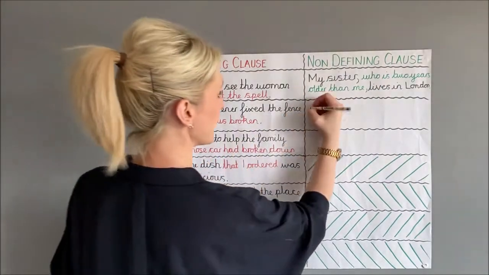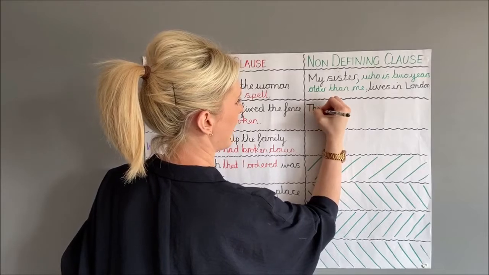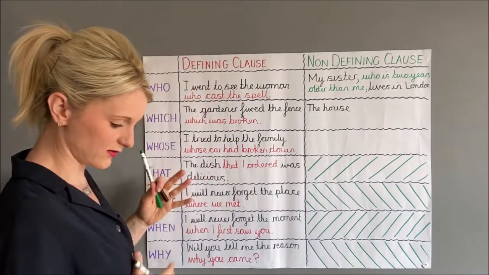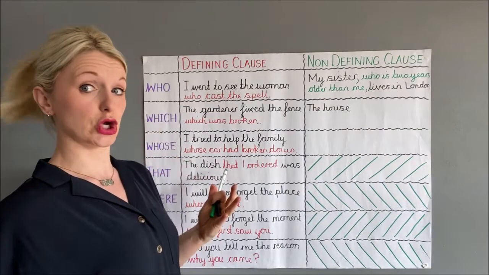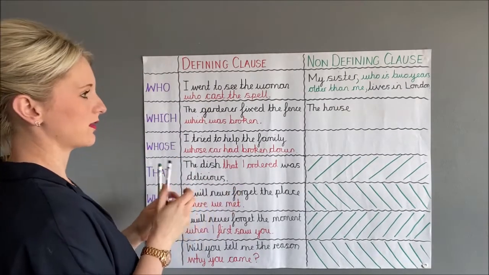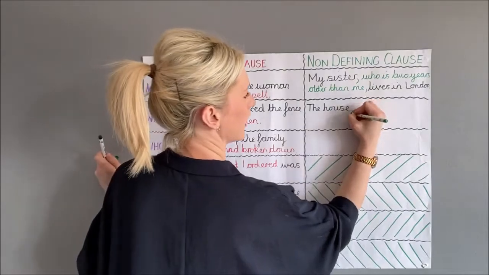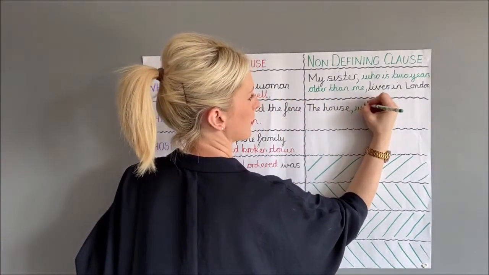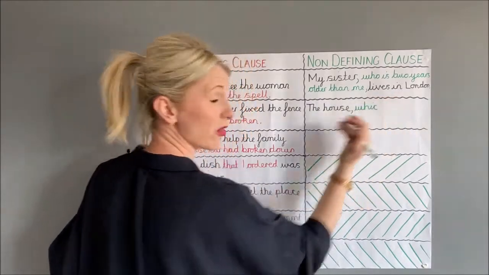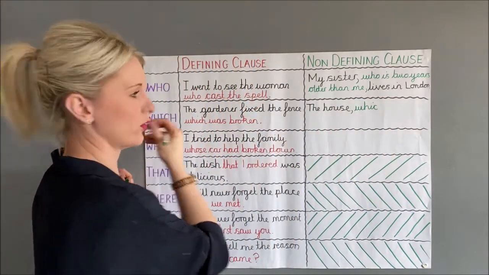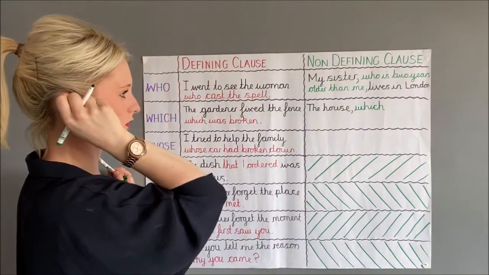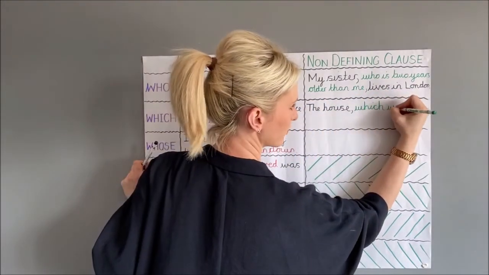The next one, I'm going to say the house. Okay, my main sentence is going to be, the house has just opened to the public. But I'm going to tell you a little bit more about this house. I'm going to say the house which. So remember, which is used when you're talking about things or animals. Okay, you should pick that up from the year 3-4 videos. So the house which was built